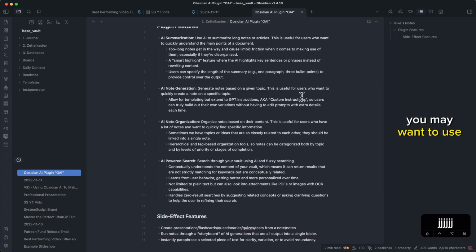You may want to use the same data, but you want to generate them for different purposes. So hopefully my explanation there isn't too long for you and you get the gist of what this note generation